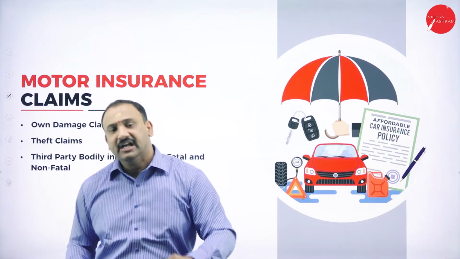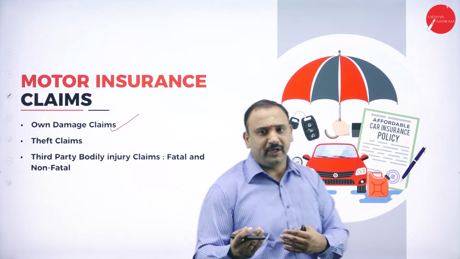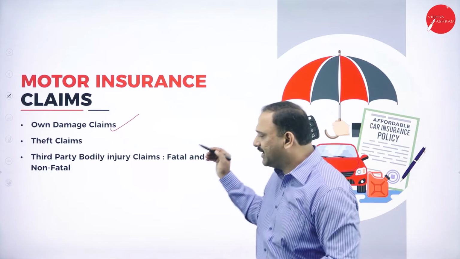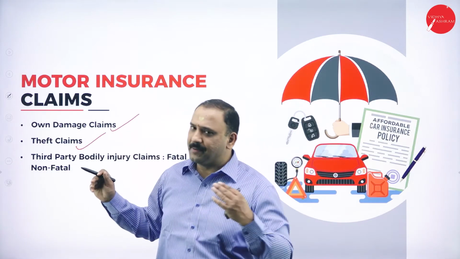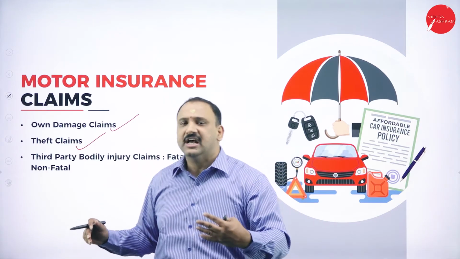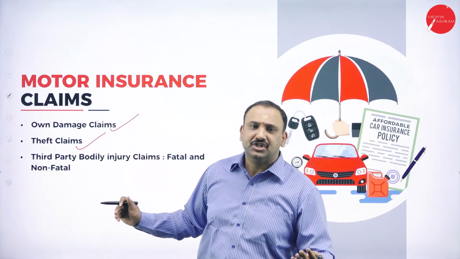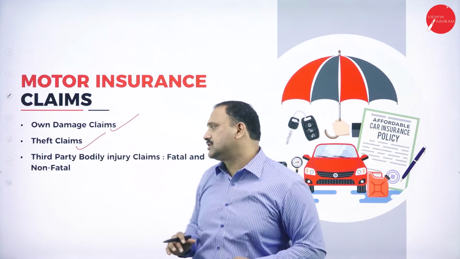Is it been hit? At what angle did it get hit? How has it got hit? Which part of the body of the vehicle has got hit? All these factors have to be mentioned. Then the theft claims. In case there's a burglary or something, you need to again give a detailed report with the police FIR saying this is what has happened to my vehicle. My vehicle has been stolen away. Then you will be able to do the theft claims altogether.